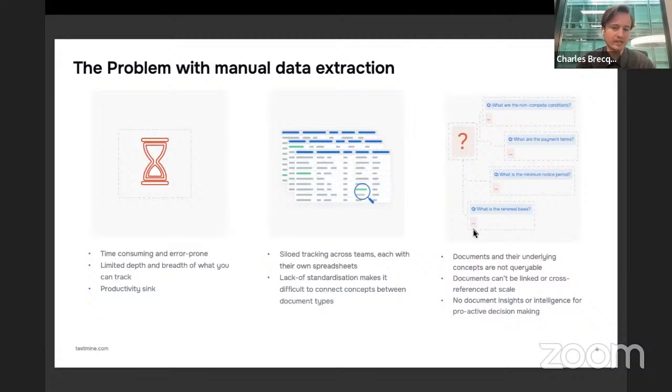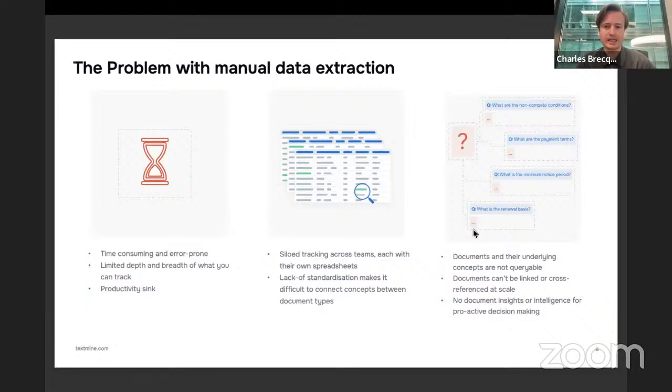Because of human error, it just makes it very difficult to know which spreadsheet to track when you have multiple people or teams creating and maintaining this spreadsheet. And just generally speaking, it's not necessarily a great use of anybody's time to manually update the documents and key in information. The other challenge with this form of manual extraction is that you can't ask questions in natural language.